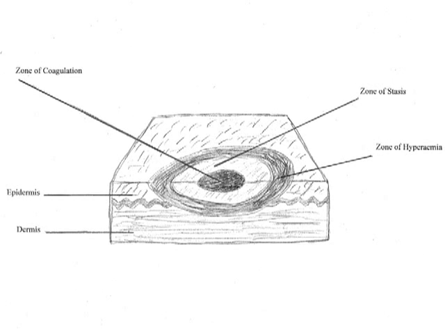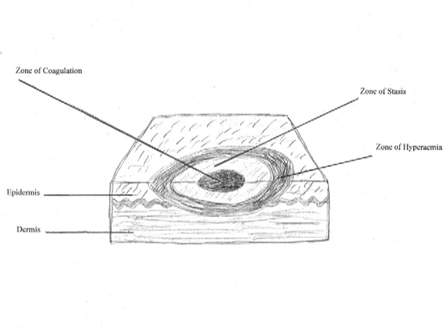When heated, proteins in the skin are denatured and cells lose the integrity of their membranes. The amount of damage is proportional both to the temperature of the burn and to the duration of contact with the heat source. The classic burn presents with three zones of injury: the zone of coagulation in the center of